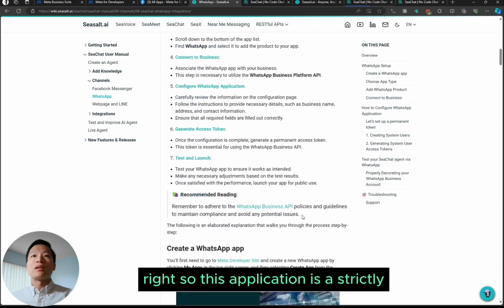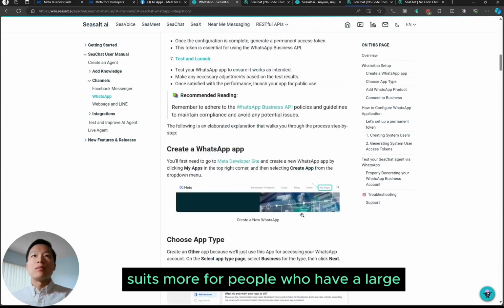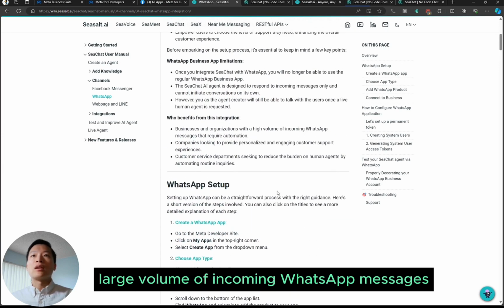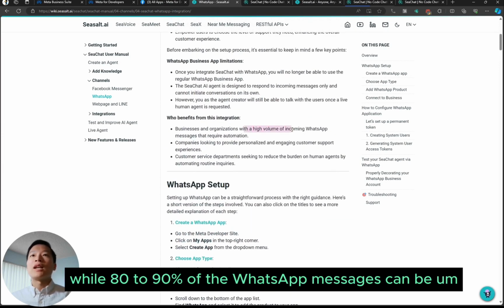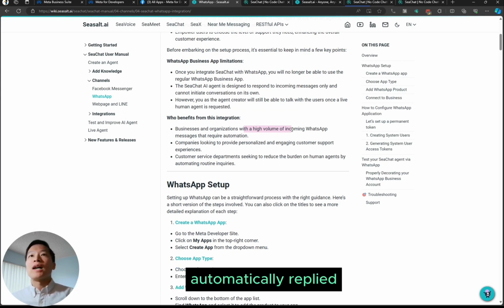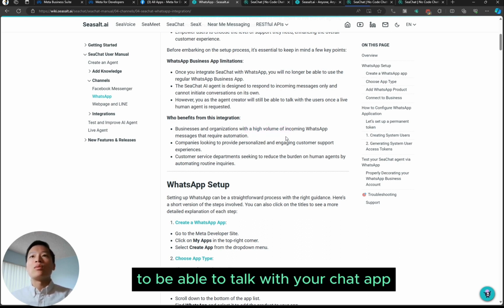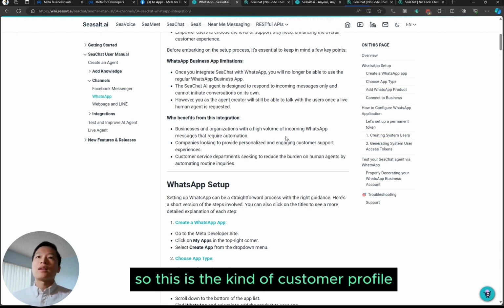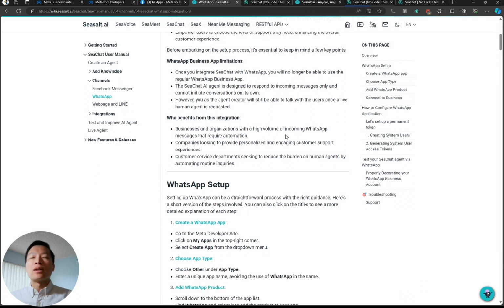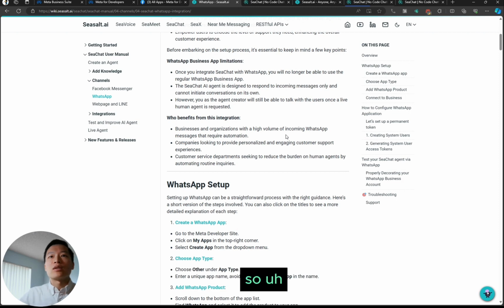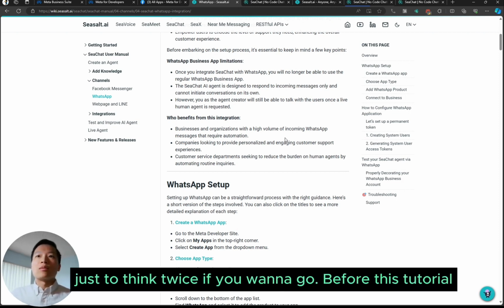So this application is strictly suited more for people who have a large volume of incoming WhatsApp messages, while 80 to 90% of the WhatsApp messages can be automatically replied, right? But sometimes people can request a live agent to be able to talk with your chat app, right? So this is the kind of customer profile we think would fit the best to the usage scenario, right? So just think twice before you go ahead.